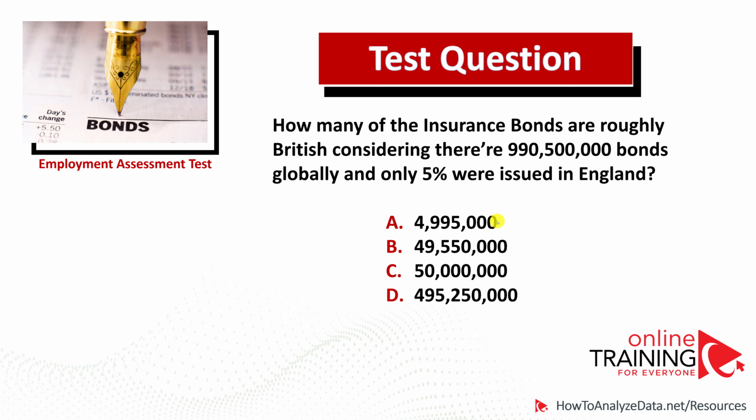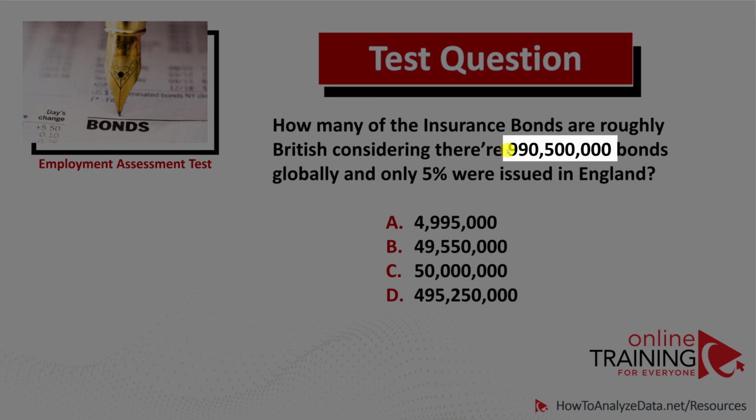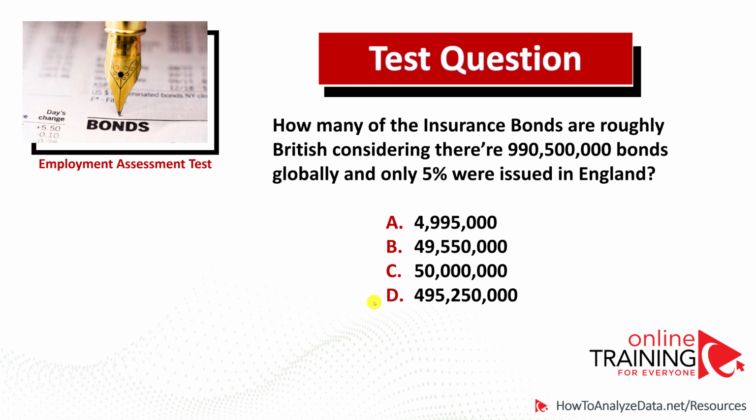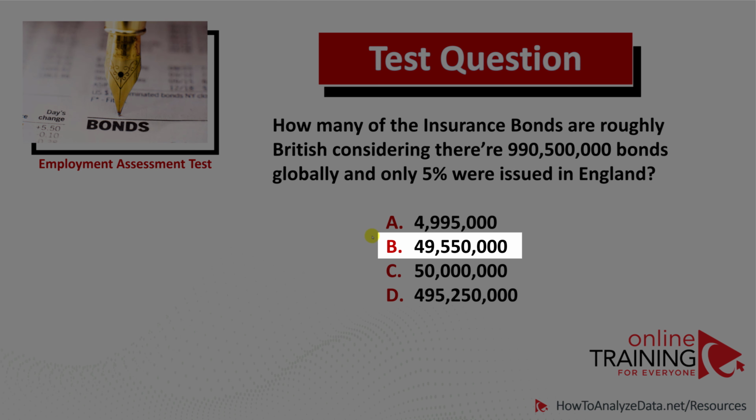The trick here is that we need to deal with large numbers in your head without the calculator to do the math. The closest match to 990 million is 1 billion, and 5% of 1 billion is 50 million. So only choices B, 49 million, and C, 50 million, could be considered for the answer, because choice A represents approximately 5% of 100 million, not 1 billion. And choice D represents 5% of a much larger number. Now, as we eliminated choices A and D, we can reasonably conclude that choice B is the closest, because choice B much better represents 5% of the source number,